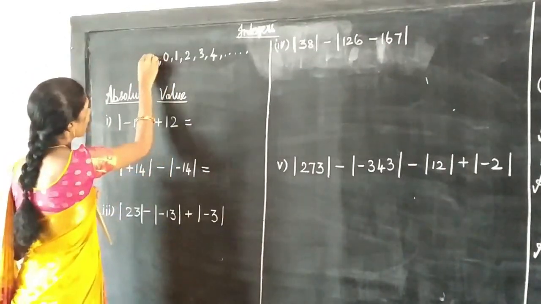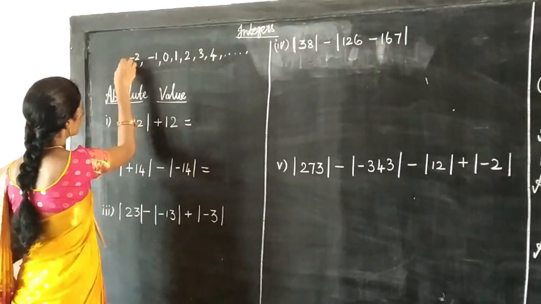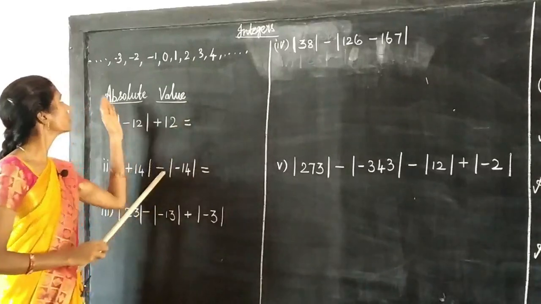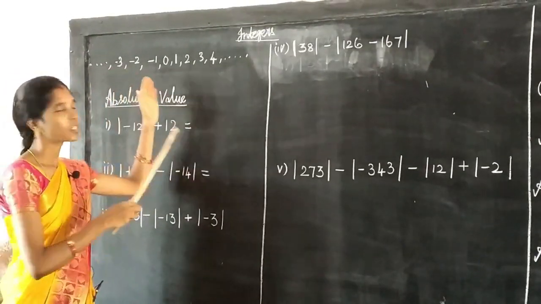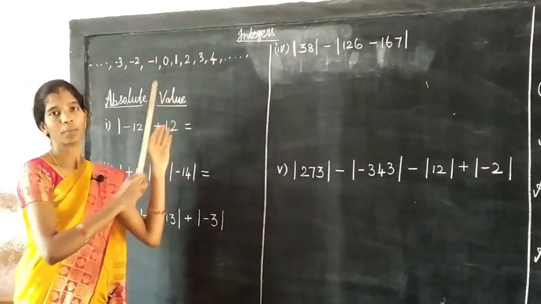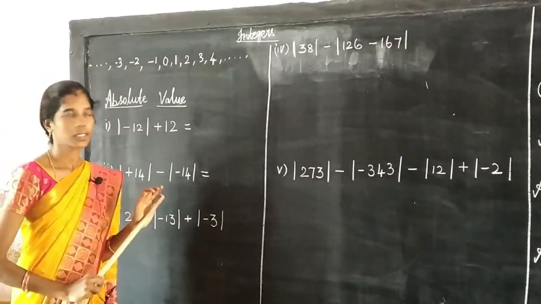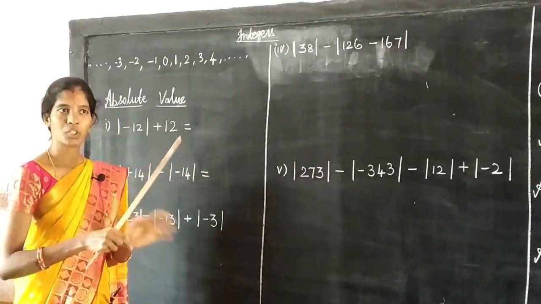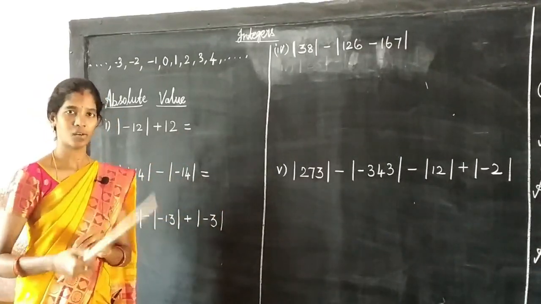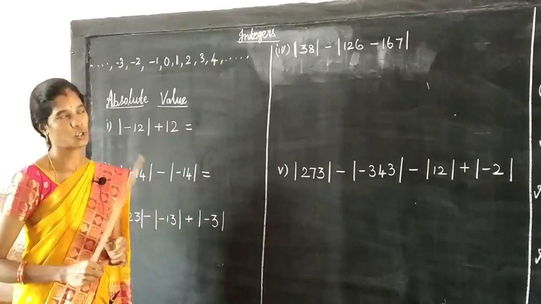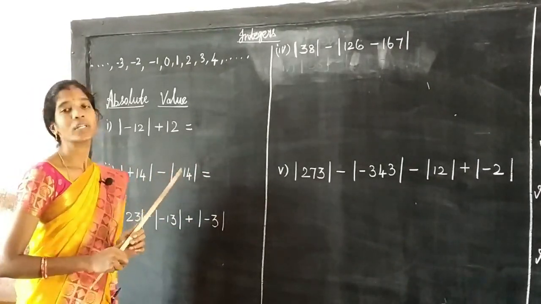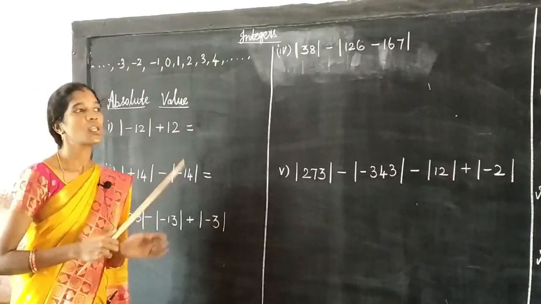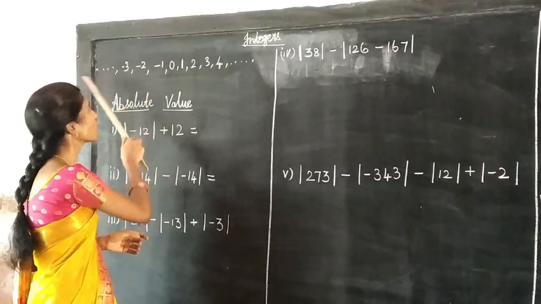They are -1, -2, -3 and so on. All these numbers, -3, -2, -1, 0, 1, 2, 3 and so on, are called integers. In our daily life, we use statements opposite to each other, like profit and loss, and deposit and withdrawal. Here the profits are represented by positive integers and the losses are represented by negative integers.